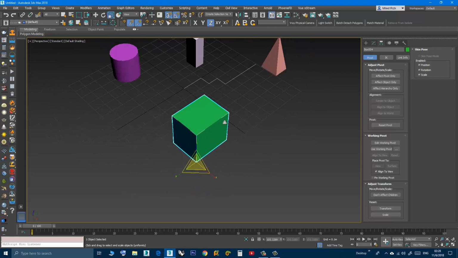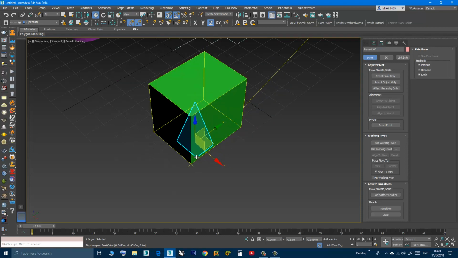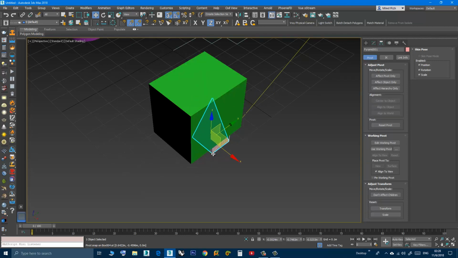If I want to move this object, click move, use vertex snapping. I want to place this vertex on the pivot point of this one. I can click, drag, and then when the pivot point flashes,